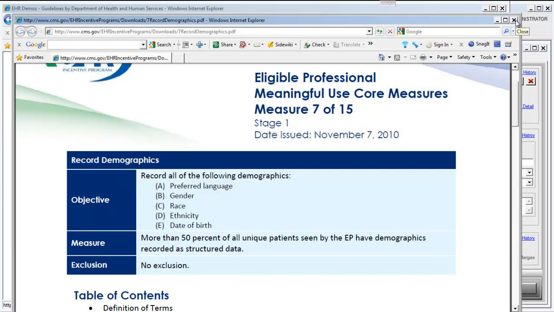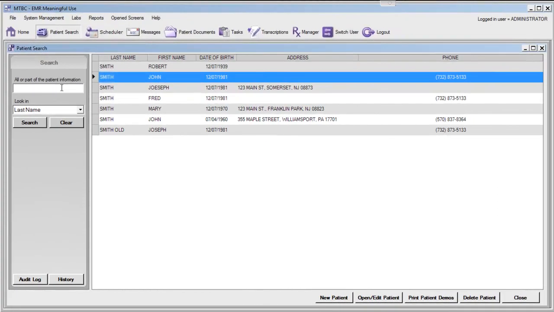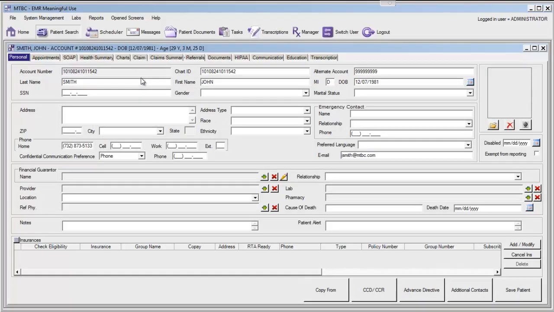So let's go ahead and take a look at how this is achieved using the MTBC EMR. First, we can begin by finding a patient using the patient search feature. Once we found the patient of our choice, we can double-click on that patient's account and open up that patient's demographic information. Here, there are a few fields that are required for meaningful use, including date of birth,